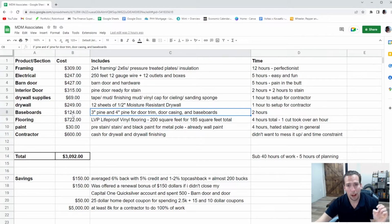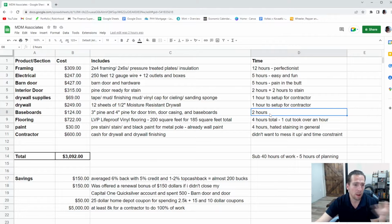Baseboards. Now, I don't actually have these installed yet, but they are on the way. 3-inch pine and 4-inch pine essentially covers your door trim, your door casing, and then your baseboards. Total install time, I probably spent maybe 20 minutes doing the doors, and then my guess for doing the baseboards is less than 2 hours, so not much time. Now, I did mention up here 1 hour setup for contractor, and I'll go over that in a minute, but